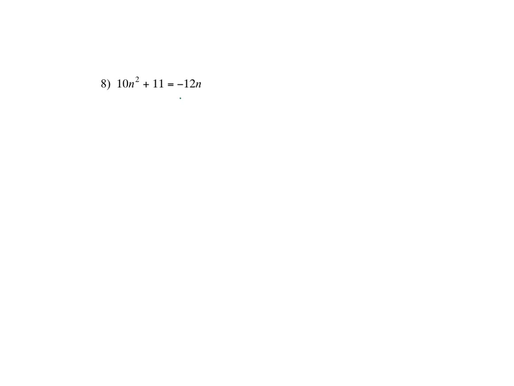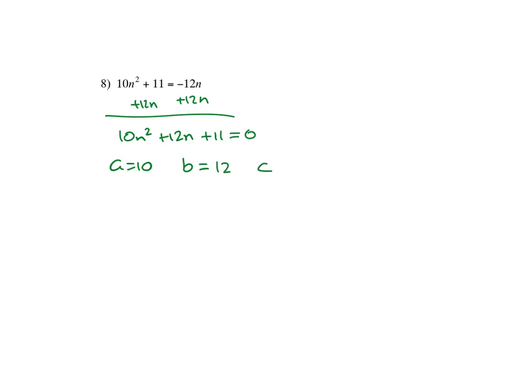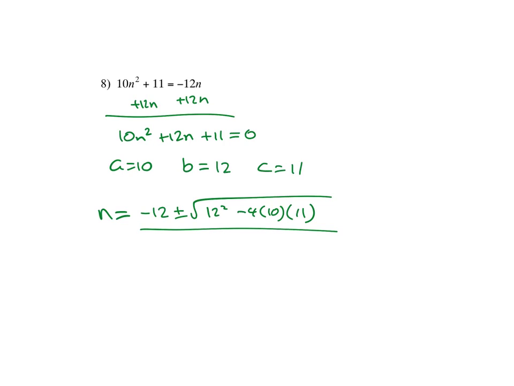This one, again, first of all, I'm going to add 12n on both sides. So 10n squared plus 12n plus 11 equals 0. So a is 10, b is 12, c is 11. So n equals the opposite of b, negative 12, plus or minus the square root of 12 squared minus 4 times 10 times 11, divided by